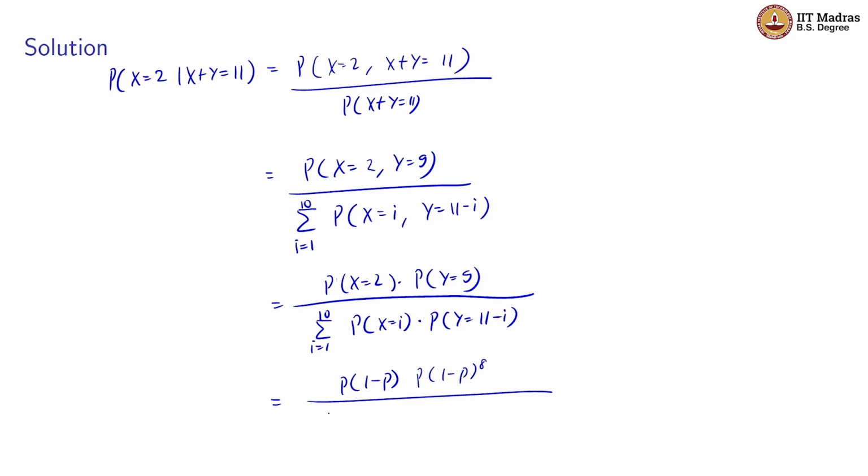and in the denominator this will be summation i from 1 to 10 p into 1 minus p raised to the power i minus 1 into p into 1 minus p raised to the power 11 minus i minus 1. So now on further simplification, the conditional probability x is equal to 2 given x plus y is equal to 11 is equal to p square into 1 minus p raised to the power 9